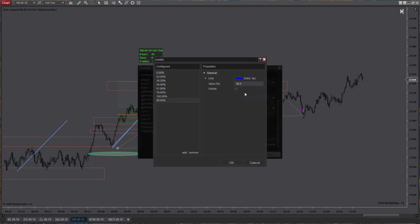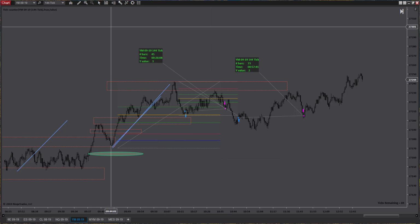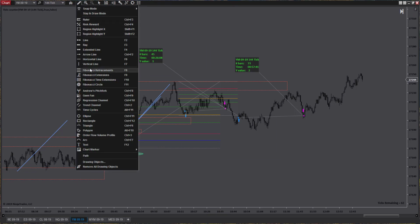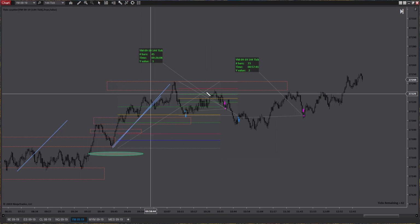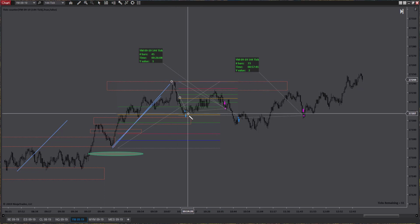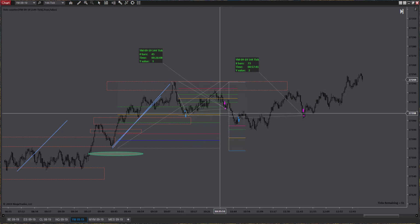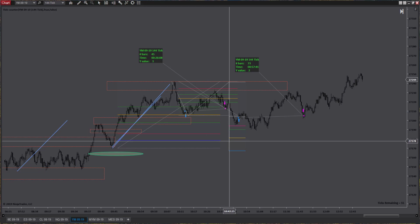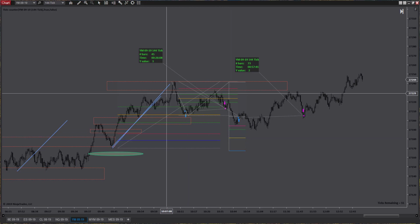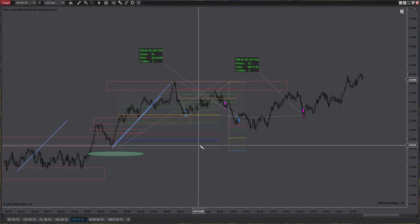Levels 88, turn on. Okay, and then we will draw an extension, a Fibonacci extension. We'll make the same mistake as yesterday. Okay, and then we will grab the A to B leg, and we look for the 161 of this leg right here. So the pattern's PRZ is between here and here,